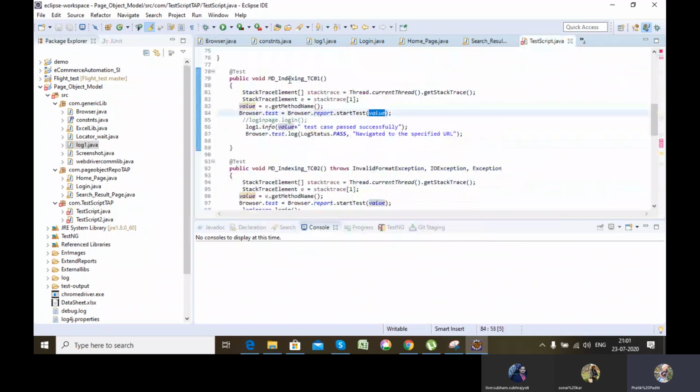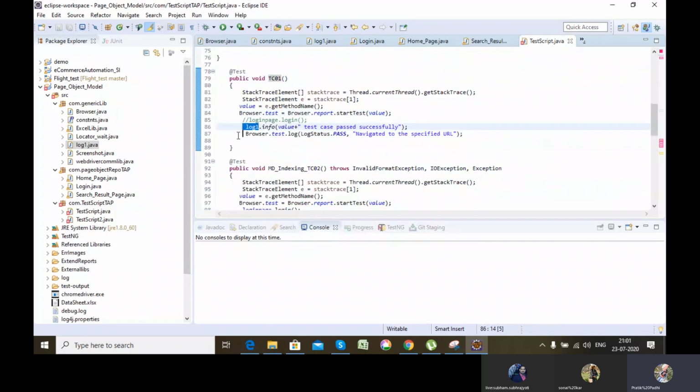So it will pass MD test case 01 at runtime. Once it is created, meaning I have instantiated the test variable, I can use log1 to log something in my log file.